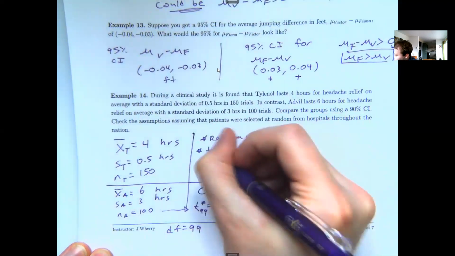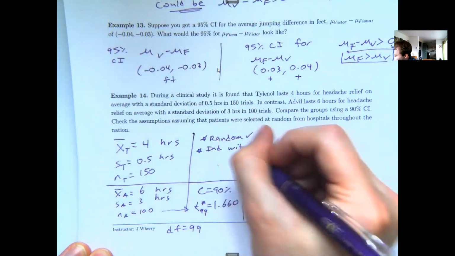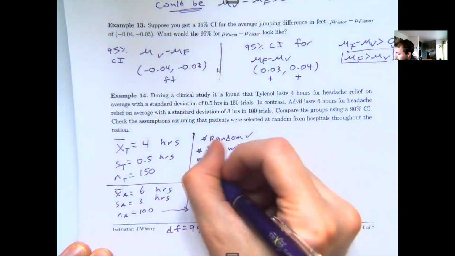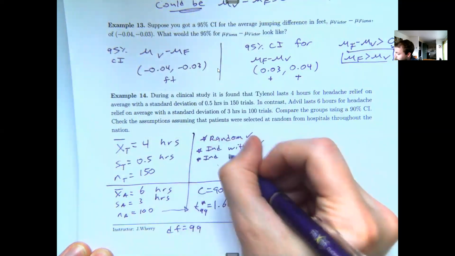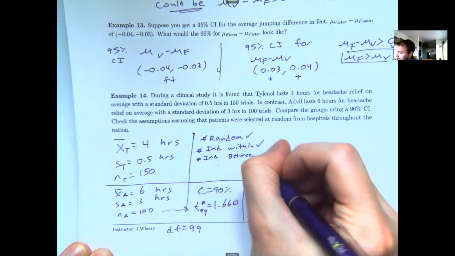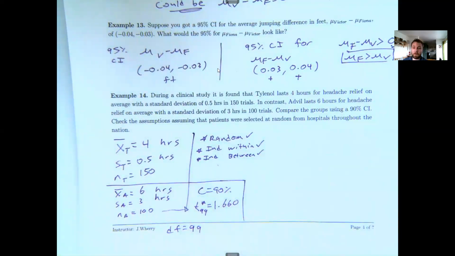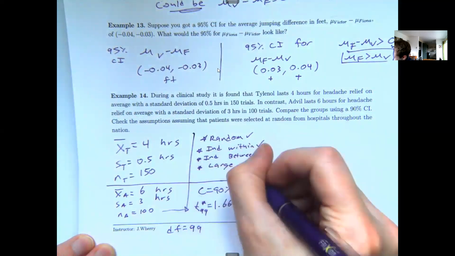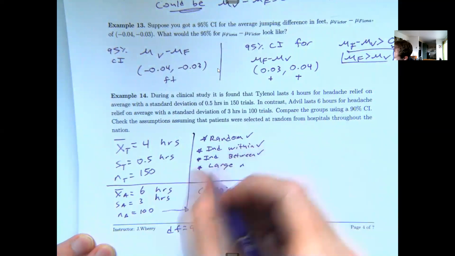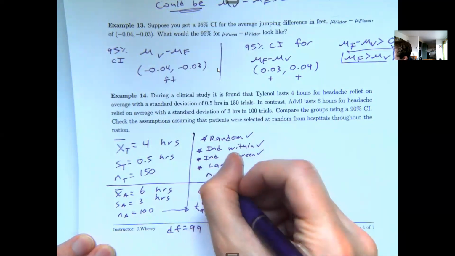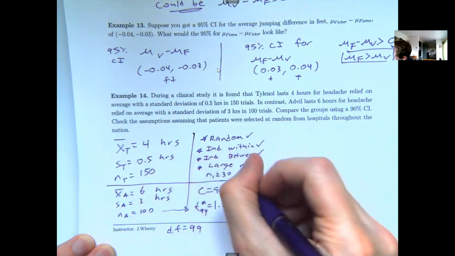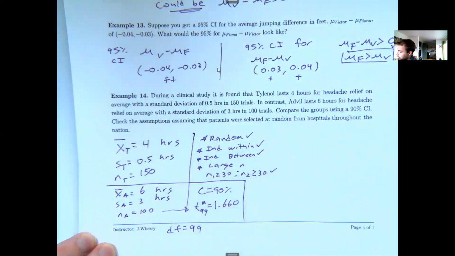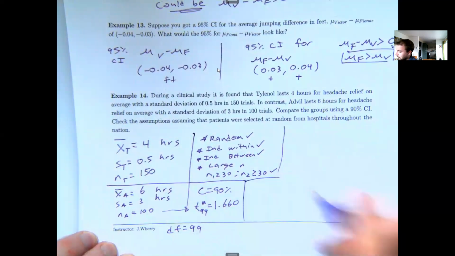I have both independence within. Tylenol does not affect Tylenol. Advil does not affect Advil. And independence between. Advil does not affect Tylenol. And finally, I need large N. But that's looking pretty good too, because both of my N's, N1 is bigger than 30, and N2 is bigger than 30 as well. So I can go straight to doing my calculation,